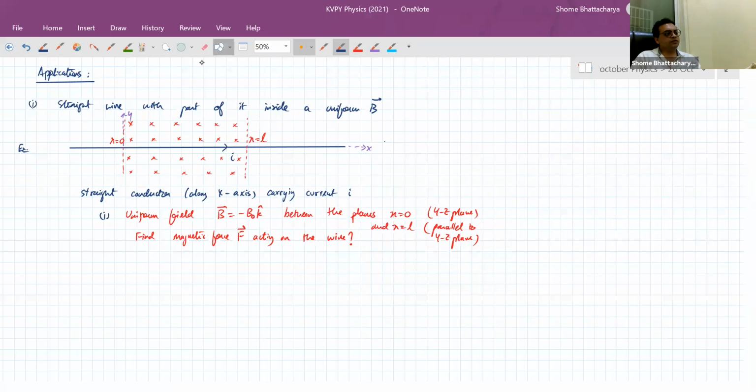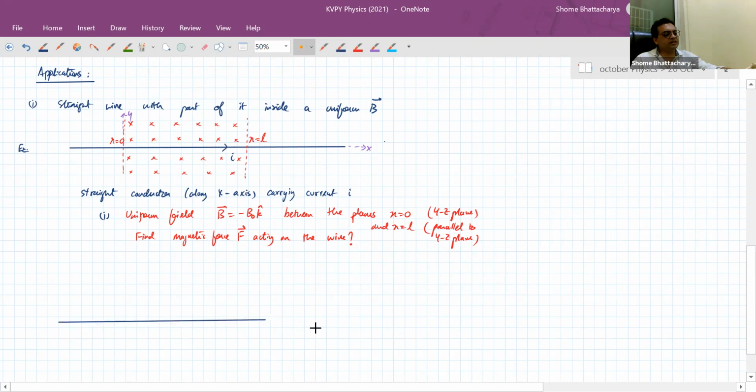Okay. So here, when we consider any current element, you will be able to solve this yourself, but just because we have to cover a lot of things in these lectures, I will just directly come to the solution. Now basically you'll see that there are two types of current elements in this wire, assuming that it's very long and carrying current in this sort of direction. One type of current carrying element is inside the magnetic field, and one type is outside the magnetic field.